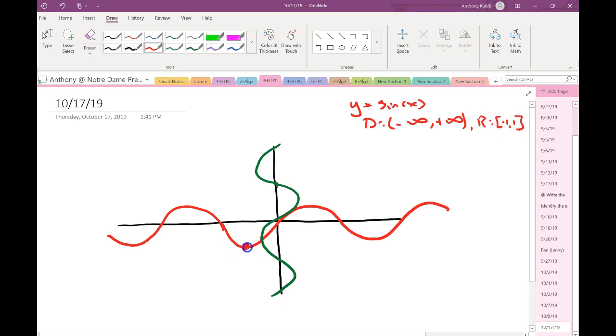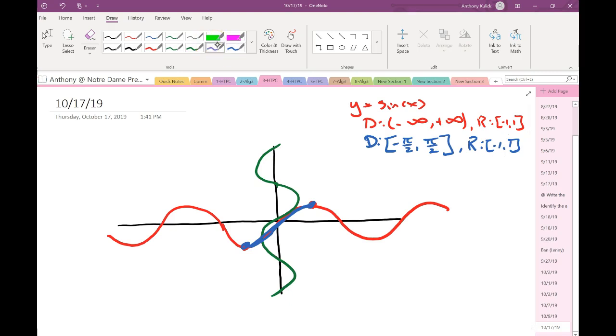What we're going to do is we're just going to consider this part of our function. So the domain is now going to be from -π/2 to +π/2. The range, though, has not changed. In doing that, what we're going to get is basically this much of our inverse. So our inverse will now be a function. So we started off